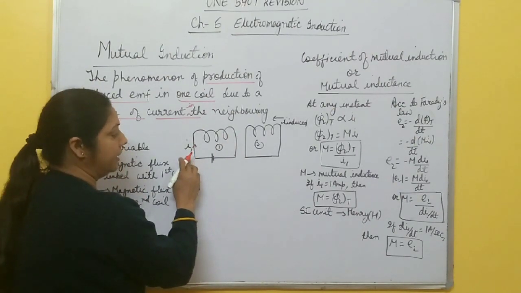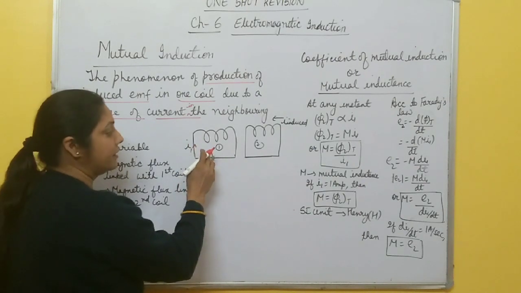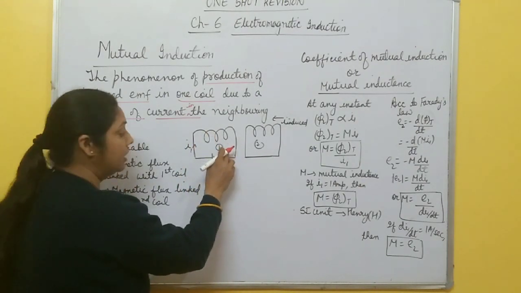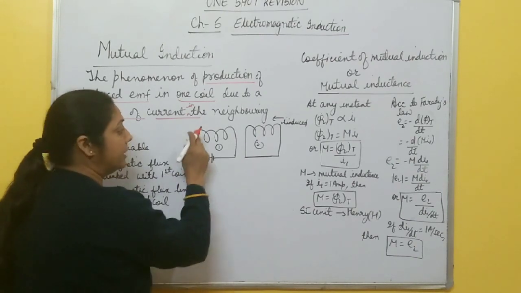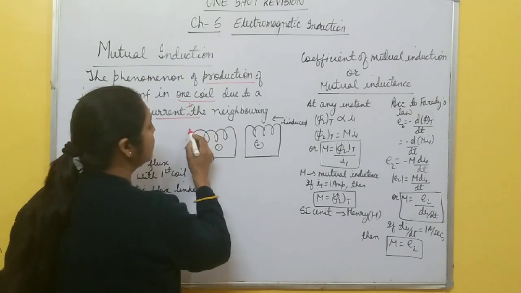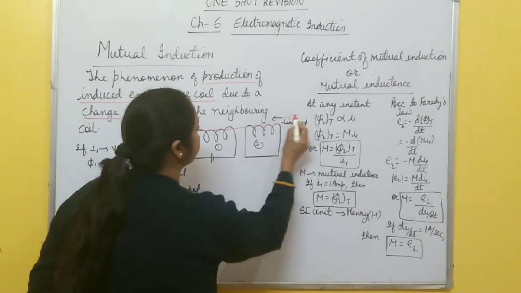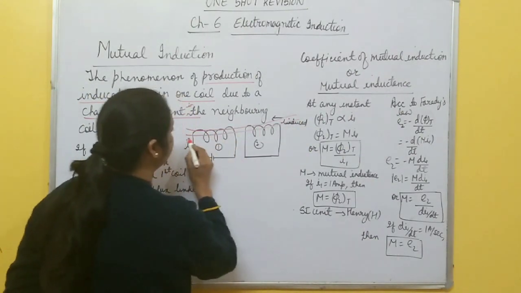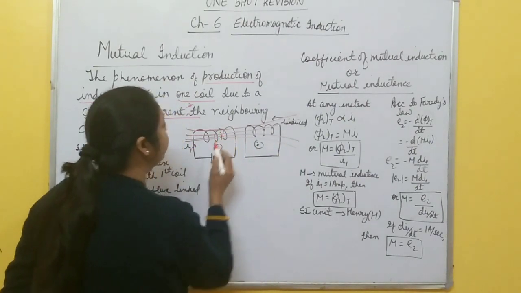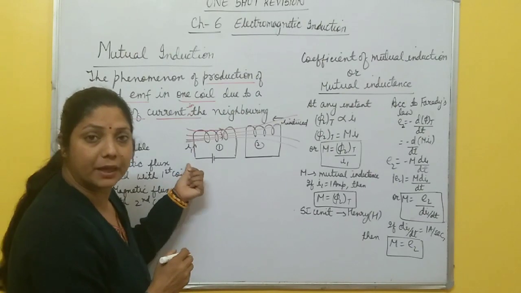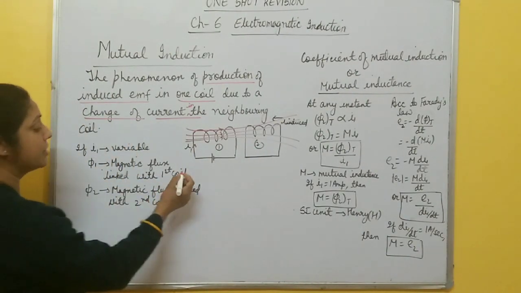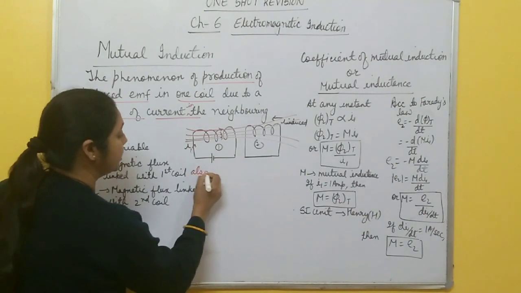Due to this current, magnetic flux is linked with each turn of the first coil. If the current is variable, then the magnetic flux linked with the first coil changes, and also these magnetic field lines pass through the second coil, or neighboring coil. So, due to the change of current in the primary coil, magnetic flux phi1 linked with the first coil also changes,